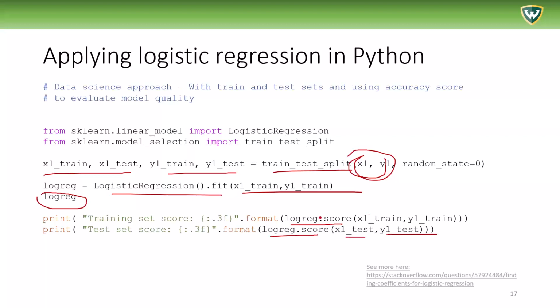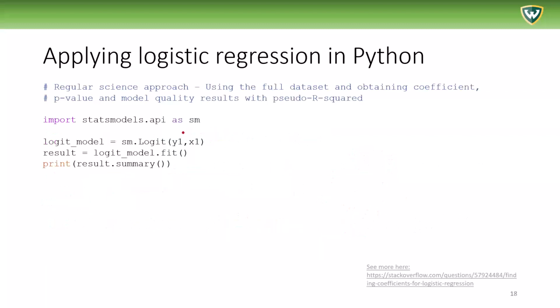And this logreg.score, this is the score function of the logistic regression model, and it's the accuracy. It's the accuracy measurement, which you can take a look back of how accuracy is exactly measured from our confusion matrix lecture. Now, the other way to do it is the more regular science approach, and I also have the code here for that, and we can use